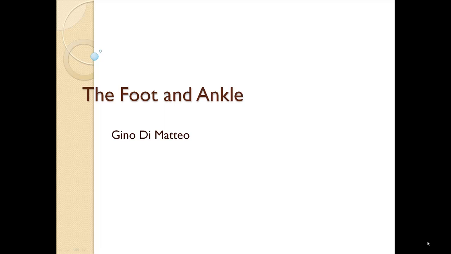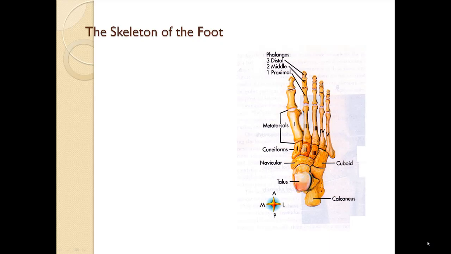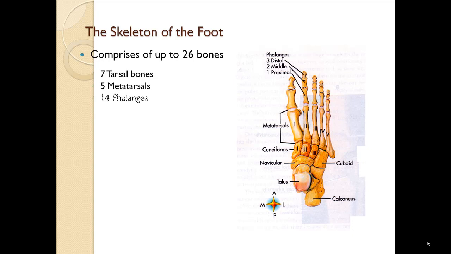Now looking at the joints between the lower leg and the foot, we're going to move down into the foot and ankle region itself. Just a quick reminder, the skeleton of the foot comprises at least 26 bones. We've got the 7 tarsal bones at the back, we have the 5 metatarsals, typical long bones, and then 14 phalanges: the 2 phalanges, proximal and distal phalanx in the big toe, and then 3 proximal, middle and distal phalanges